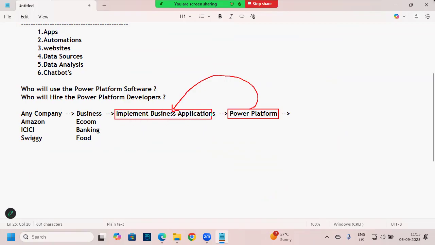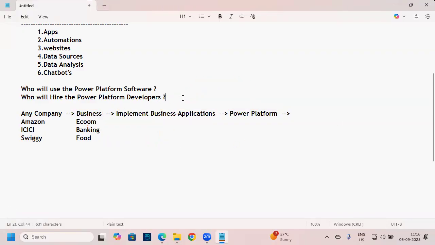Once after implementing the business applications, with the help of the business applications, companies will start doing what? Companies will go and start doing the business, right? So we understand who will use the Power Platform, and also Power Platform software is used for what? To implement the business applications, right? And now the next point we need to understand here, who will hire the Power Platform developers now? Who will hire the Power Platform developers? For this question also the answer will be same. So which company